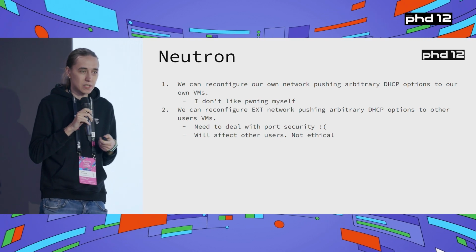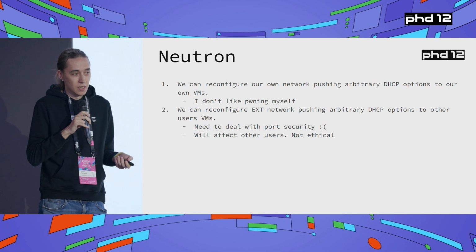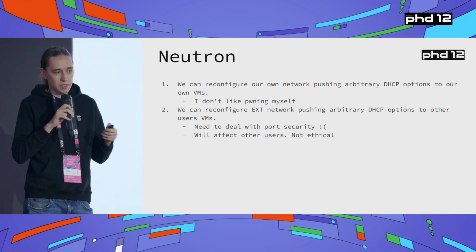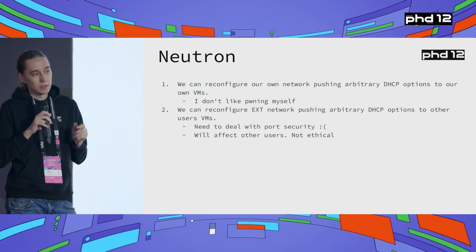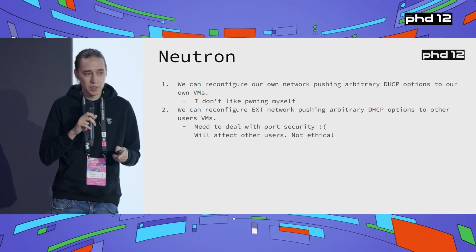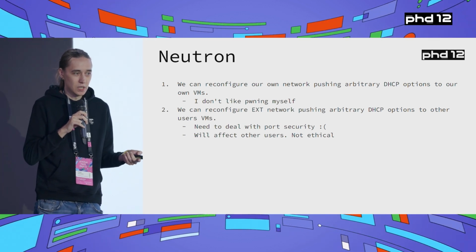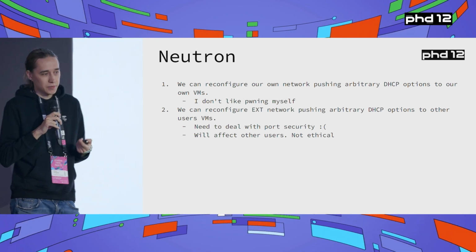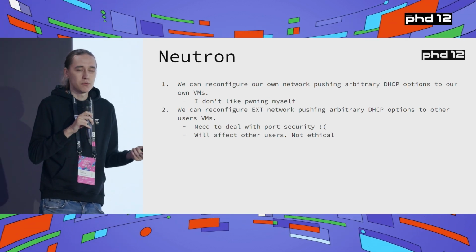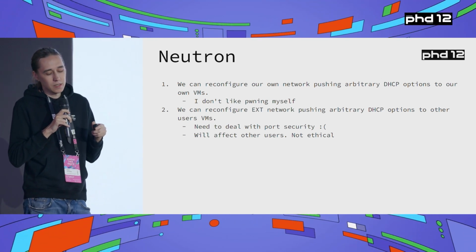Secondly, there is this concept of external networks on OpenStack. This could be, for example, internet-facing networks that have public IP addresses, and they're usually shared across several tenants. However, in networks like this, we're not allowed to switch port security off. So if we camouflage ourselves as a router, then port security will limit our traffic before it reaches us. We can